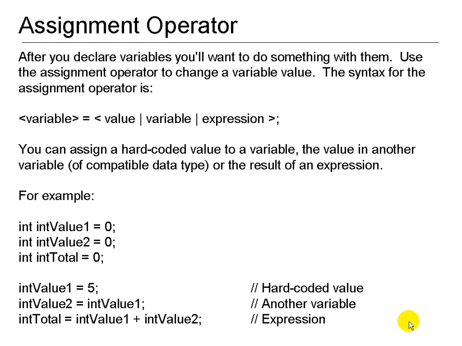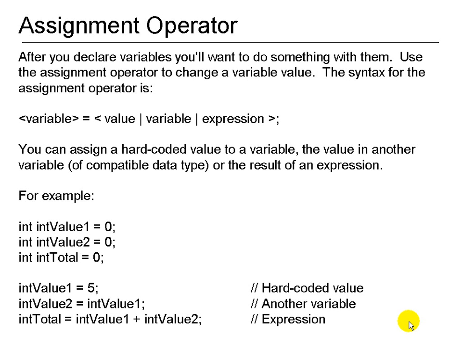Assignment operator. After you declare variables, you'll want to do something with them. Use the assignment operator to change a variable value. The syntax for the assignment operator is variable equals value, or variable, or expression. You can assign a hard-coded value to a variable, the value in another variable of compatible data type, or the